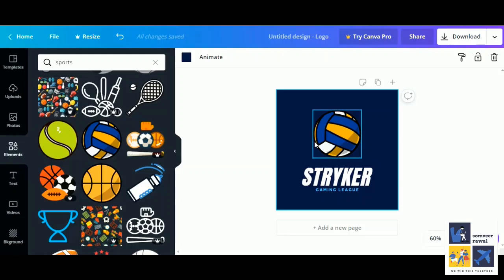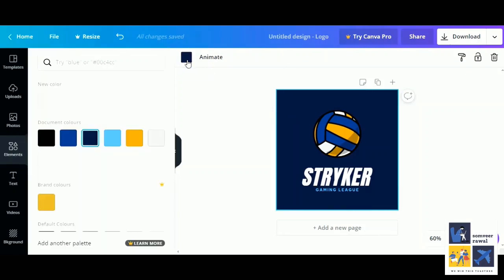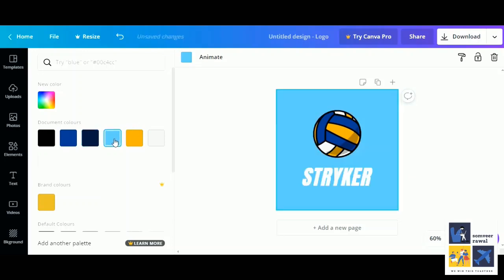While you are at it, also decide a strong tagline. So over here we can add a tagline if you want to. Also make sure it defines what is special about your business, which makes it different from its competitors. Hit and try with any of the features, and when you are happy with the results, download the logo for free. If you want to change the colors, click on the work area, then it will go to the color over here. Then you can select any of the colors in the background if you want to change.